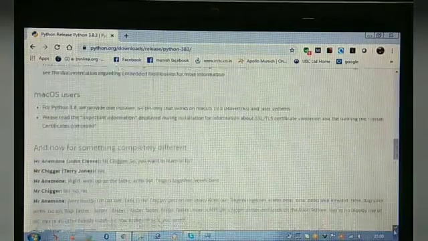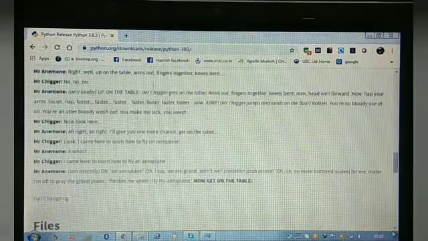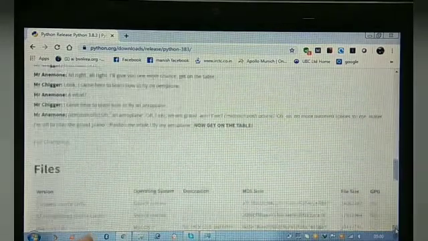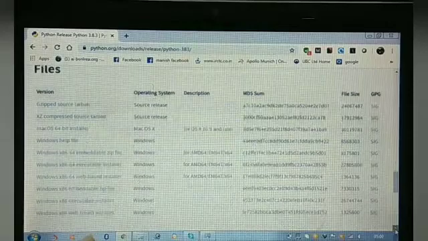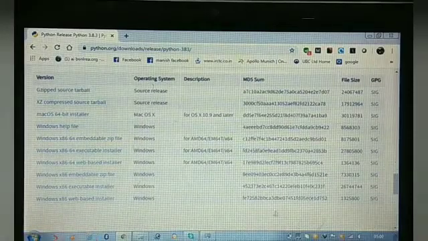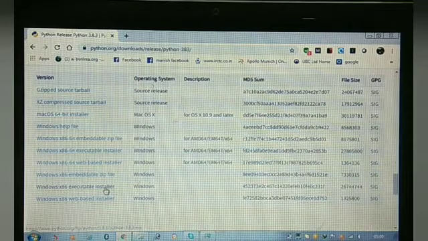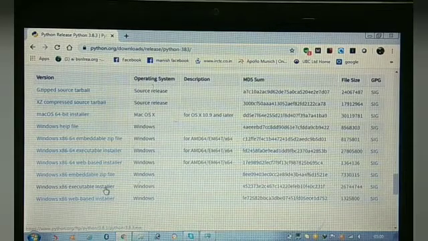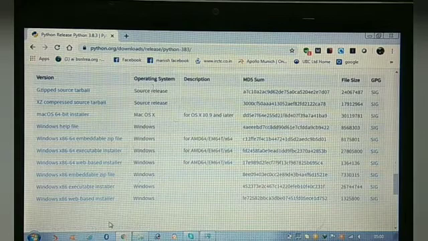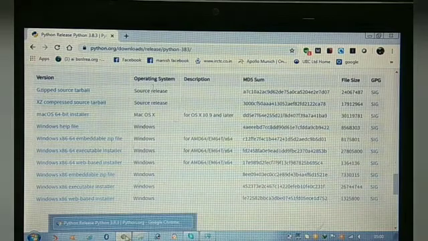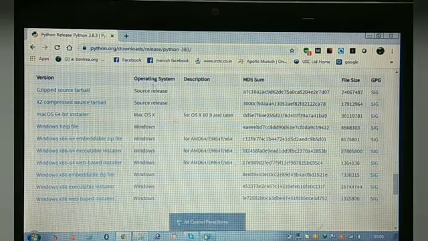go down in the website and just install Windows x86 executable installer if you have a 32-bit processor. This can be checked from the control panel.